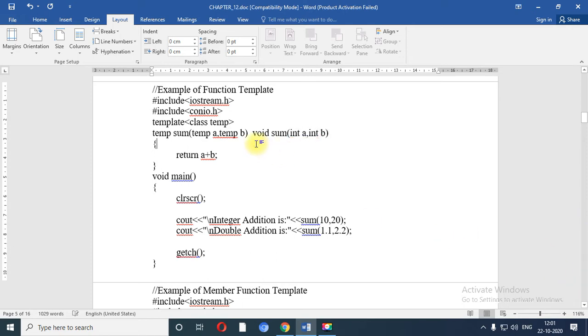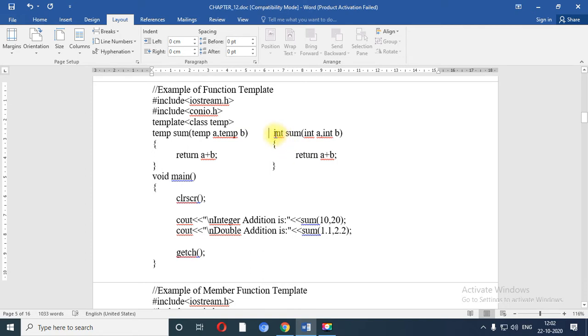Then two brackets opening and closing, and return a plus b. This is a simple UDF with arguments and a return value. We have already created this UDF in our previous videos, right?